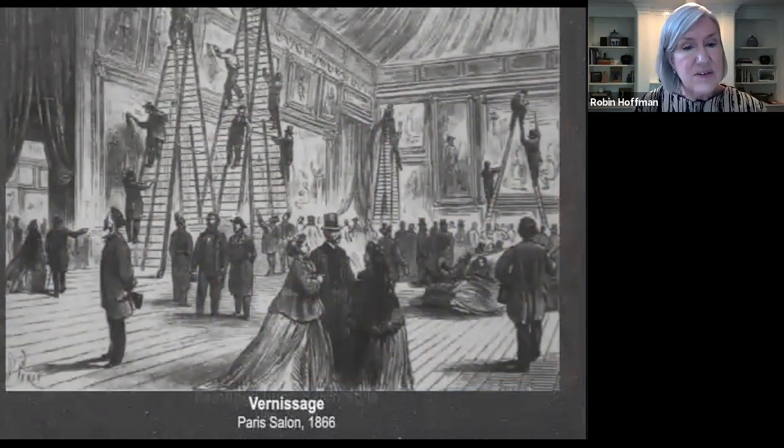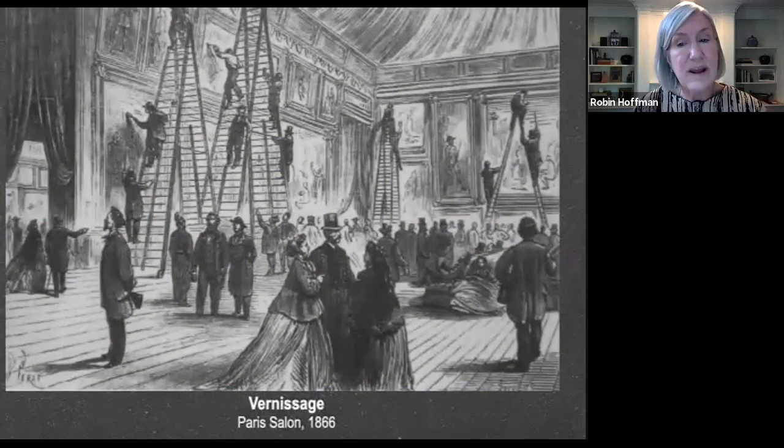Now, in the 19th century, the Salon became an annual government-sponsored juried exhibition of new painting and sculpture, and it was held in large commercial halls, to which the ticket-bearing public was invited. And the vernissage, or varnishing, on opening night was a grand social occasion. And you can see all the people dressed up here while you've got the painters up there finishing off their